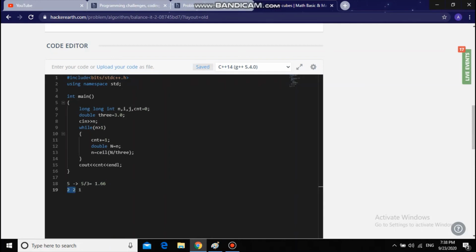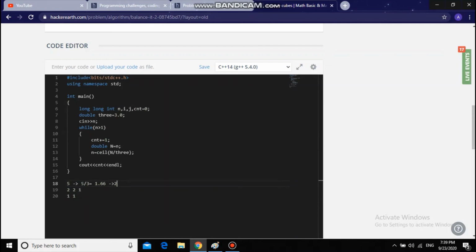If they are equal, then the remaining one is the impure cube. Otherwise we select the partition with minimum sum. Suppose we select this 2, then we divide it into two parts and compare them. So basically we take the ceil of n by 3; 5 by 3 is 1.66, so the ceil becomes 2.